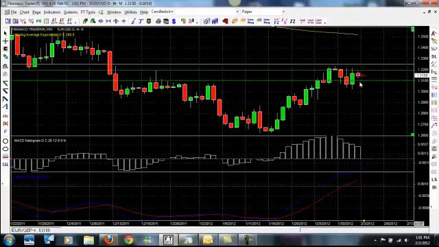At the same time, it depends on who the brokerage firm is that you work with. Some brokerage firms don't allow you to be long and short on the same currency pair at one time. It's called hedging. But some of these companies will allow you to, and they'll usually allow you to enter two different trades. So you can do an OCO, one cancels the other, or we can just enter them both. So what will happen is we're looking to short this pair here, but at the same time we are looking to go long